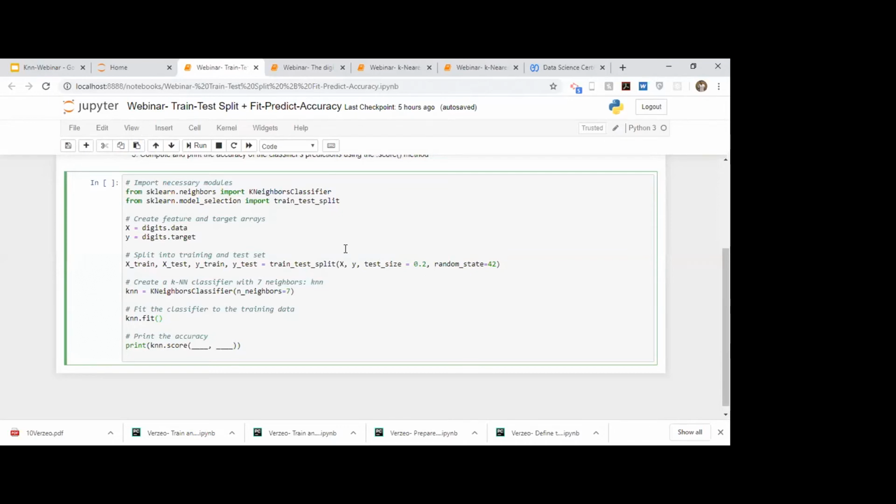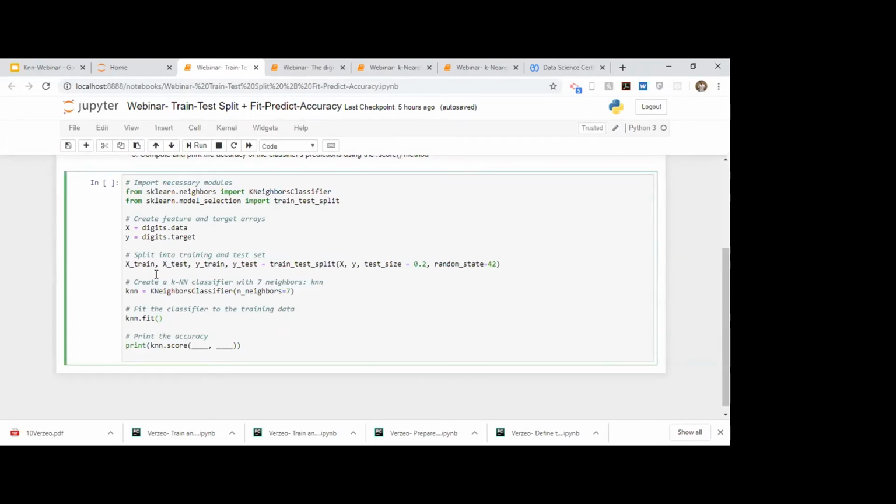Are you understanding? So it does it randomly. But to obtain the exact same split, you can use a random state. So if you want to obtain the exact same split as me, you can use 42. Since I am also using 42 here, you can assign any value, 1, 10, 1000, anything.